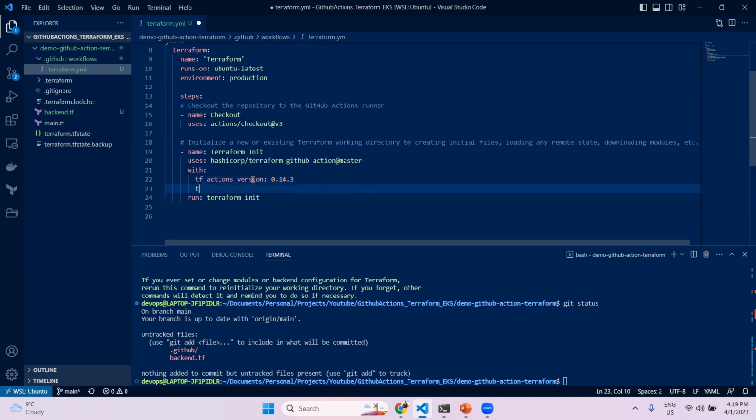So 0.14.3, and I want to specify GitHub Actions and subcommand. So the subcommand would be init. So what I'm trying to do here is init. So I'm not going to run the run command. Let me remove it. Instead, I'm going to use these options, and my Terraform actions current working directory. I need to specify this working dir. And here the working directory is in the same location, same place where I have this file, and TF actions,